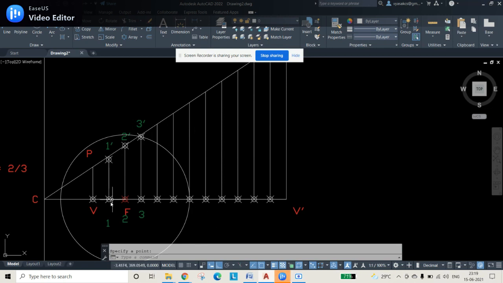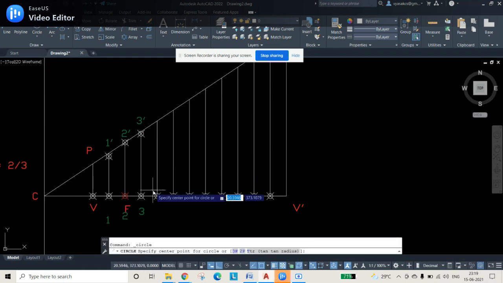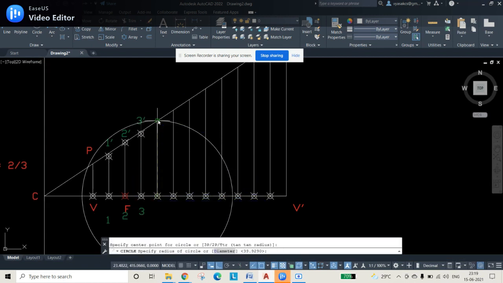Instead of that, what I'll do is that first I'll draw all the upper points. Once these upper points are all fixed, then I'll select all those points and use the mirror command. In that way I'll go. So now 3 dash is finished. I'm deleting it, and I'll draw a circle on 4 dash. This is my 4 dash.